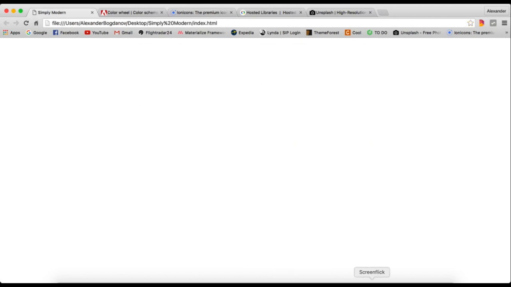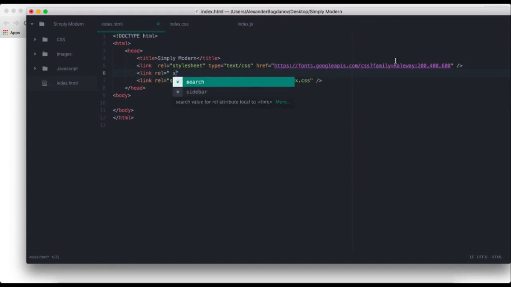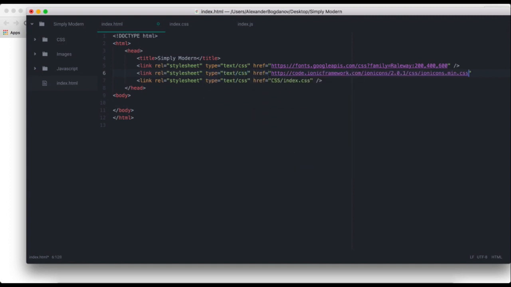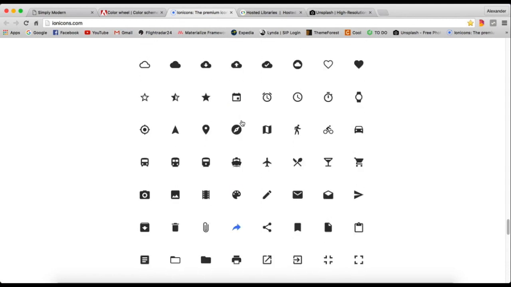Now we're gonna paste it in, and we're gonna paste it above our fonts. Actually, below our fonts, just in case. So link rel style. Okay, now I see that there's one more space here that we don't need. Style sheet, type equals text/CSS, and the href is the link that we copied. Alright, so I'm not going to be closing this because we're going to be browsing through the icons later on